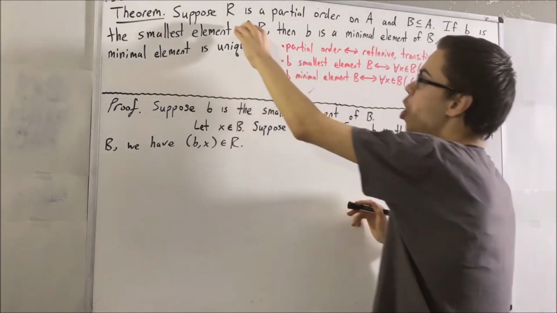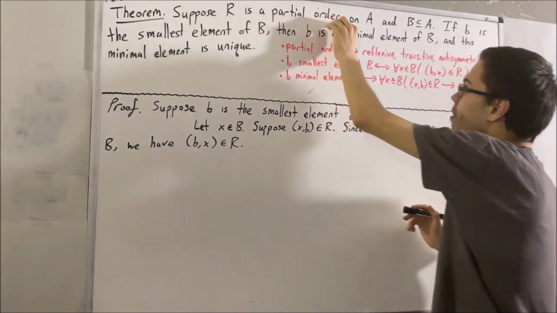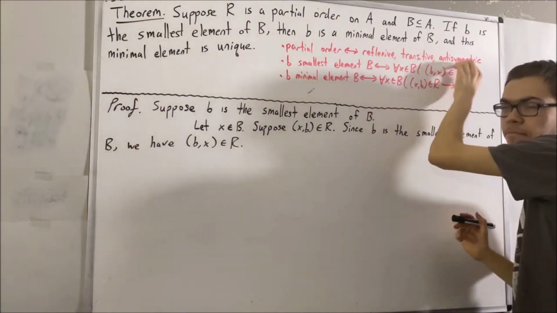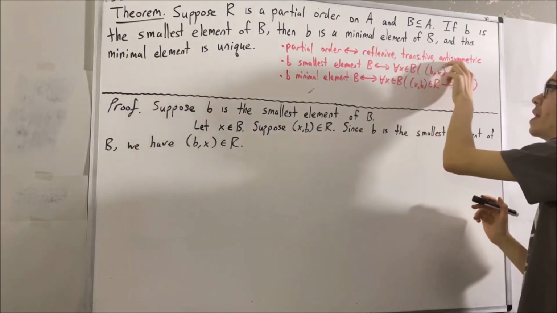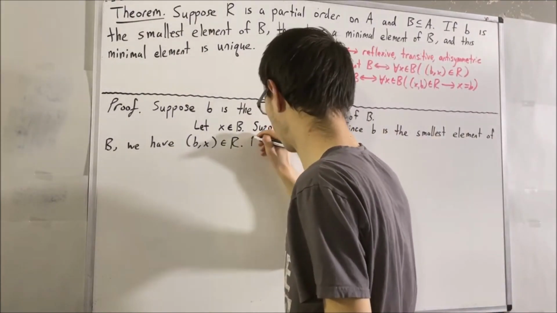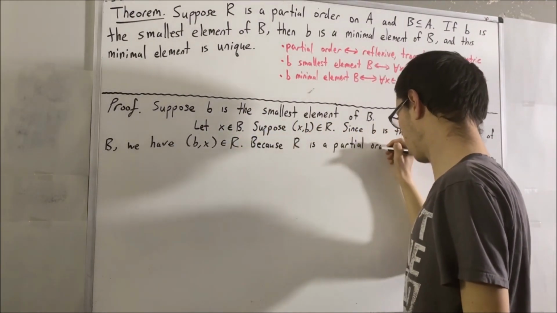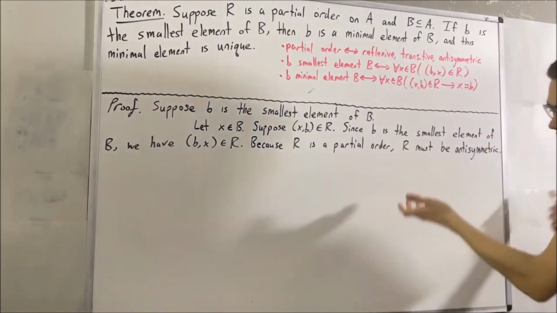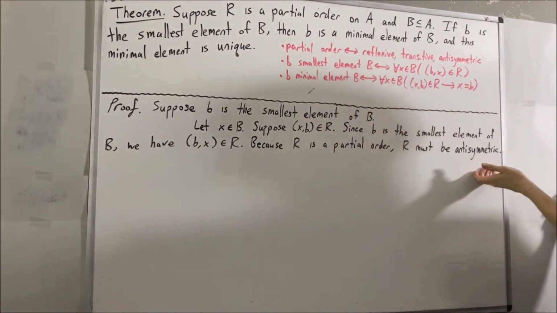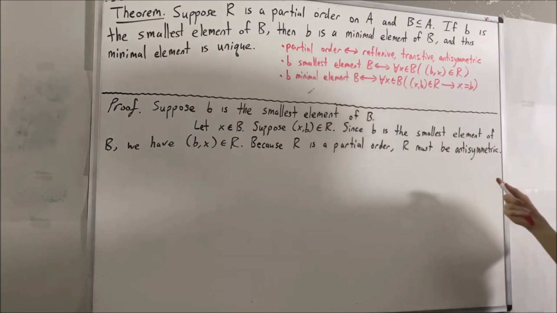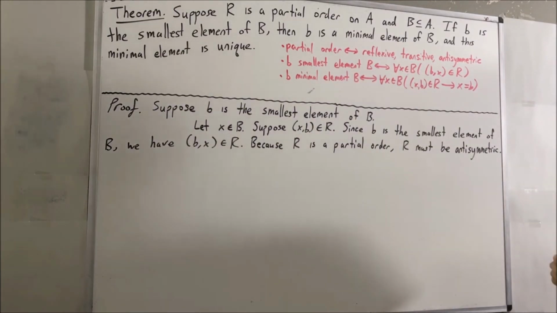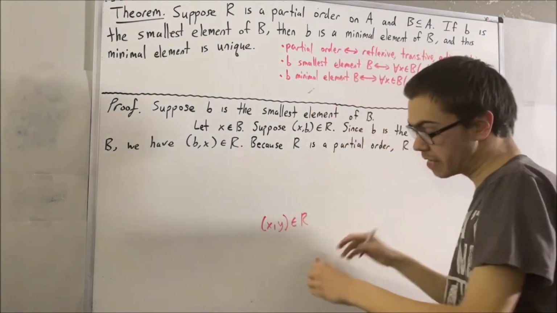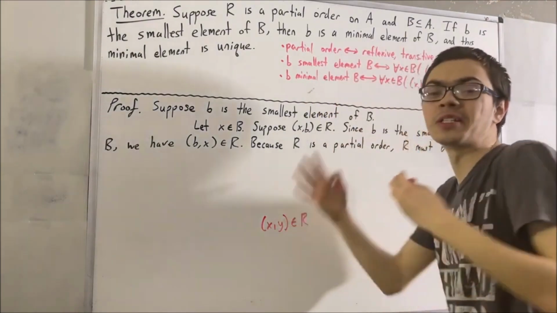Now, since R is a partial order, that means that R is reflexive, transitive, and antisymmetric. In particular, we have that R is antisymmetric. What does it mean for a relation to be antisymmetric? Well, if you recall, all that means is that if we have any ordered pair in our relation, and the inverse of that ordered pair is also in the relation,